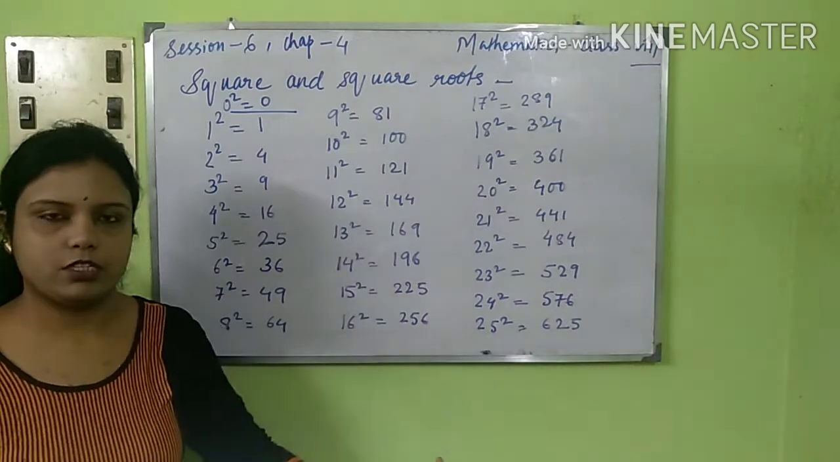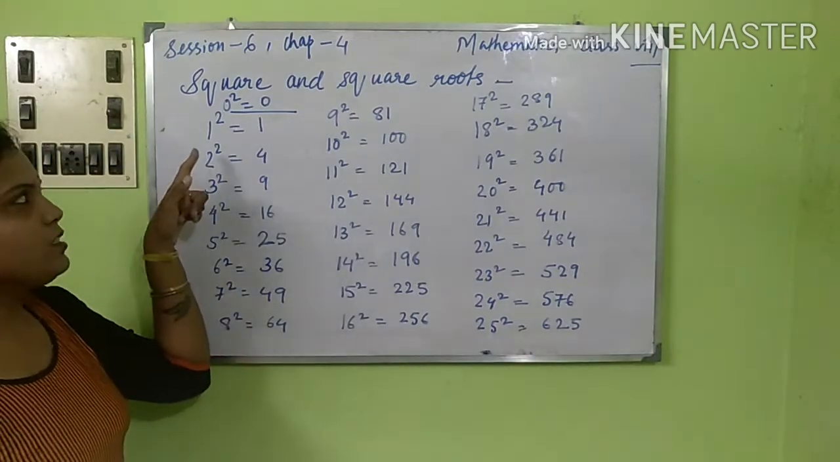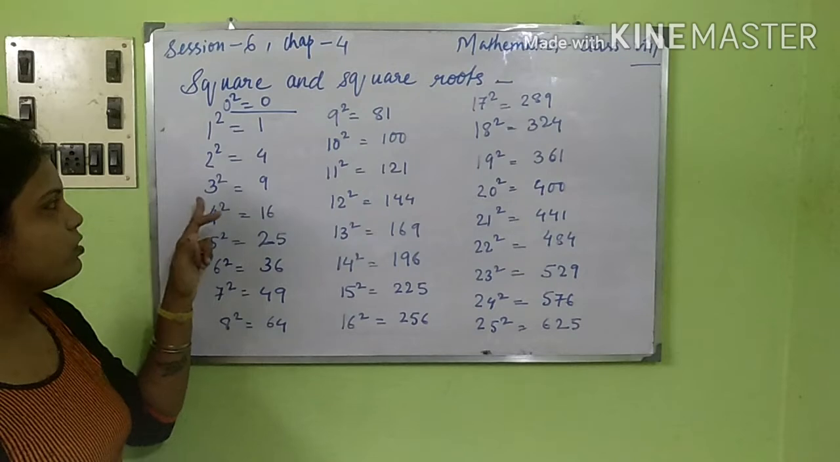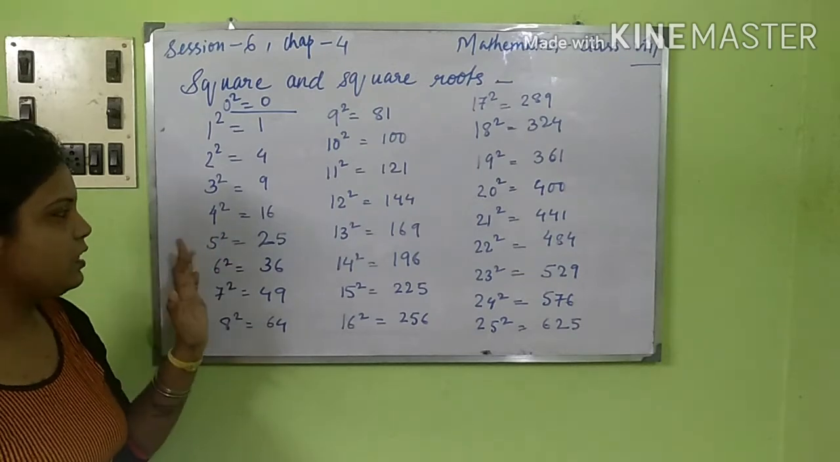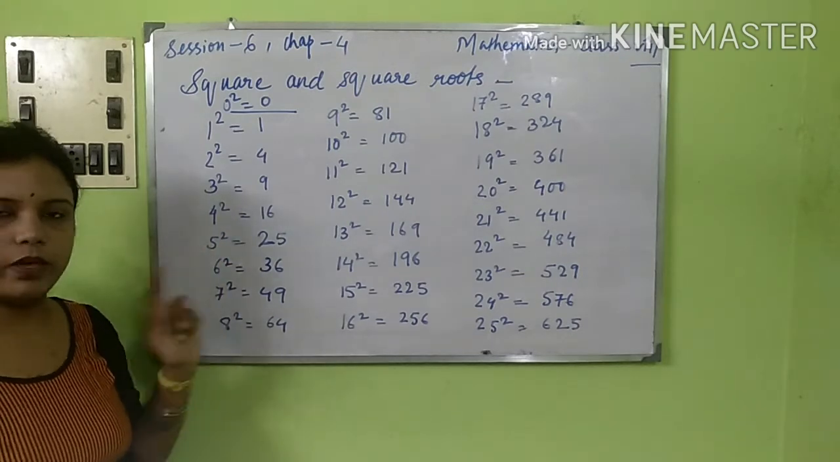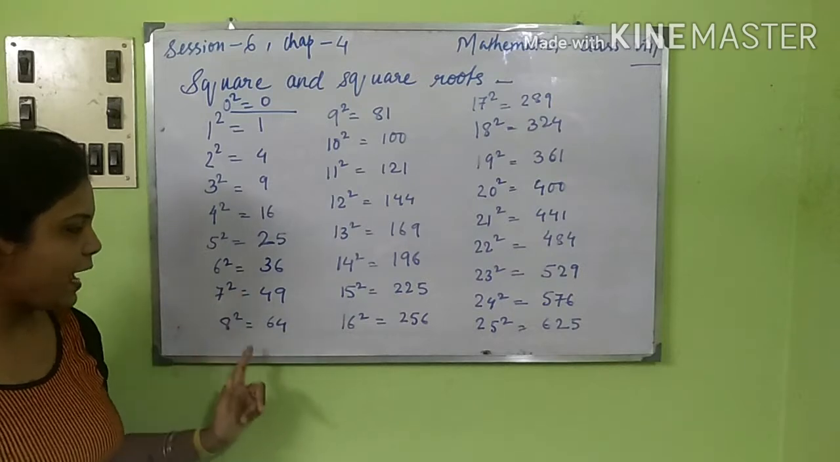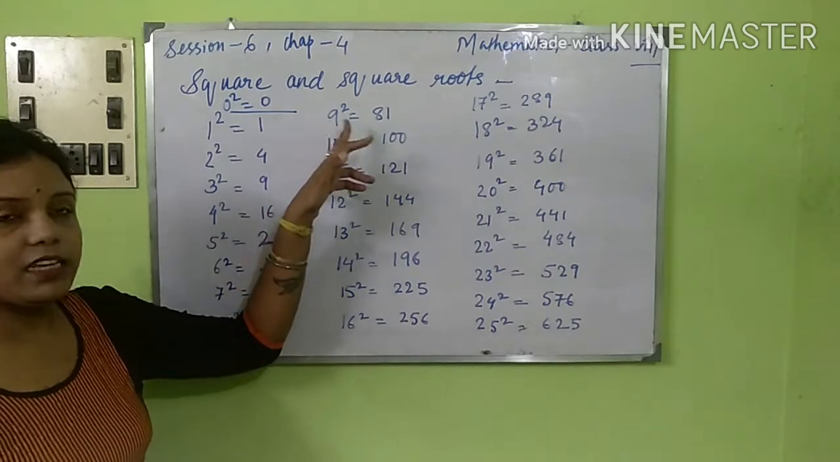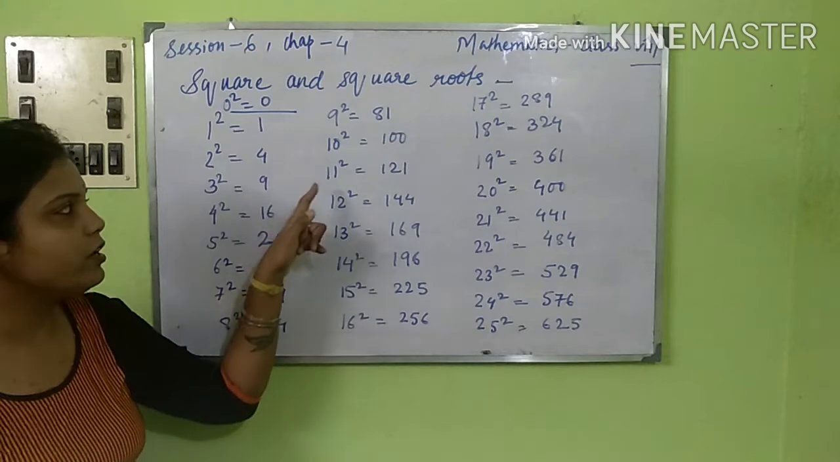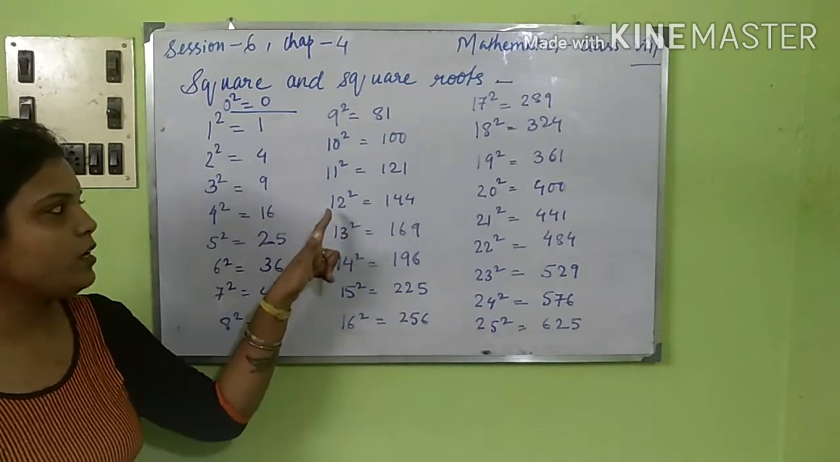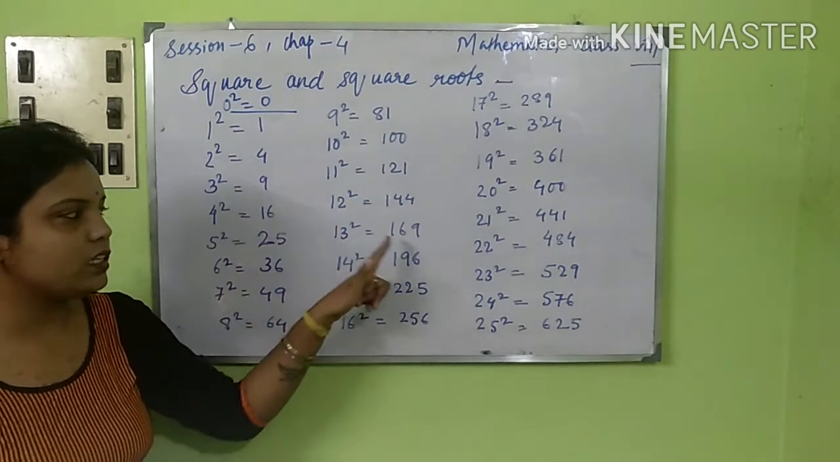This is important. 1 square is 1, 2 square is 4, 3 square is 9, 4 square is 16, 5 square is 25, 6 square is 36, 7 square is 49, 8 square is 64. Next, 9 square is 81, 10 square is 100, 11 square is 121, 12 square is 144, 13 square is